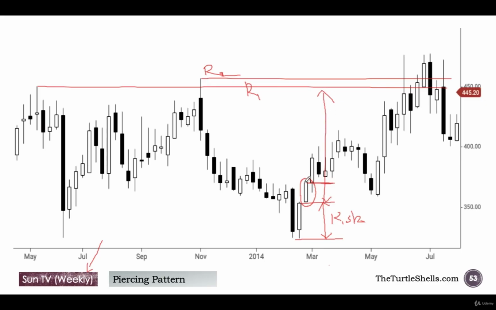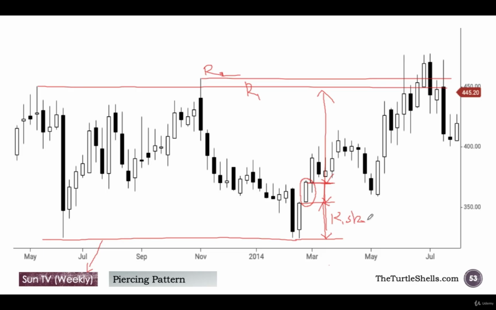So if we wait for price confirmation, then our reward is this. So our reward is reduced and our risk is increased. So it's a double effect on the reward to risk ratio. So as I mentioned in the previous slide, waiting for the price confirmation comes at a cost, which is reduced reward to risk. So I wanted to show you this chart because it's a weekly time frame chart, and this